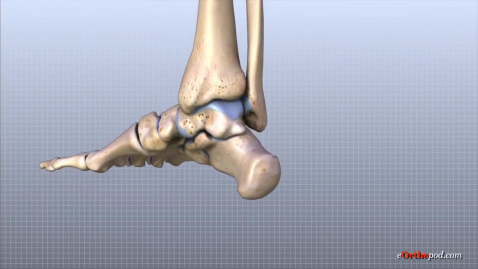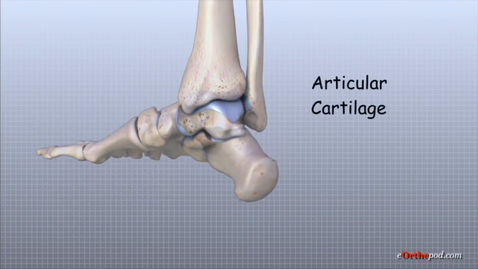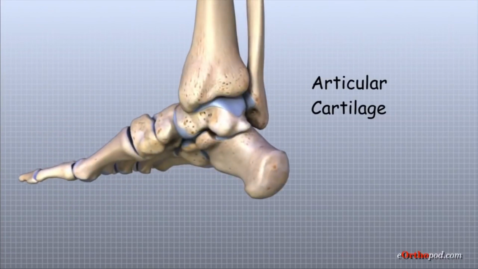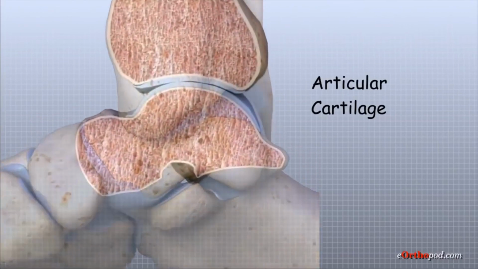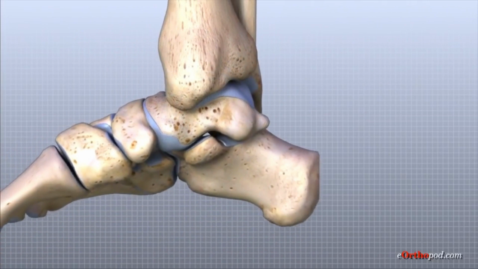Inside the ankle joint, the bones are covered with a slick material called articular cartilage. Articular cartilage is the material that allows the bones to move smoothly against one another in the joints of the body. The cartilage lining is about 1/4 of an inch thick in most joints that carry body weight, such as the ankle, hip, or knee. It is soft enough to allow for shock absorption, but tough enough to last a lifetime, as long as it is not injured.